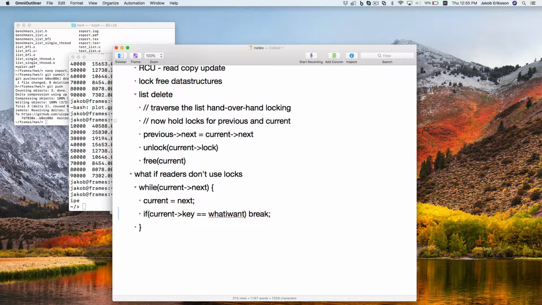I mentioned it before, maybe that's confusing things a little bit. This is actually okay, but it could be that the reader is not at previous, reading the next pointer, it's at current, right? It's at our current, which we're now freeing. And there's no guarantees, in user space at least, about the timing here. So you could